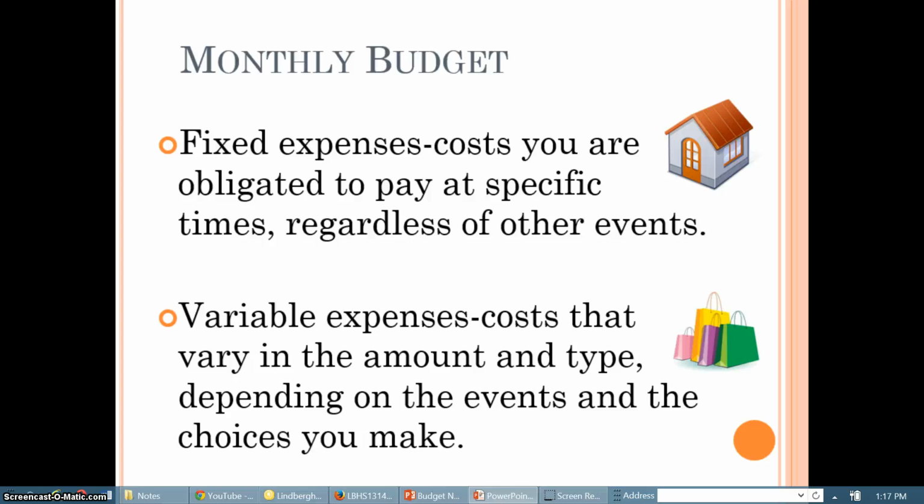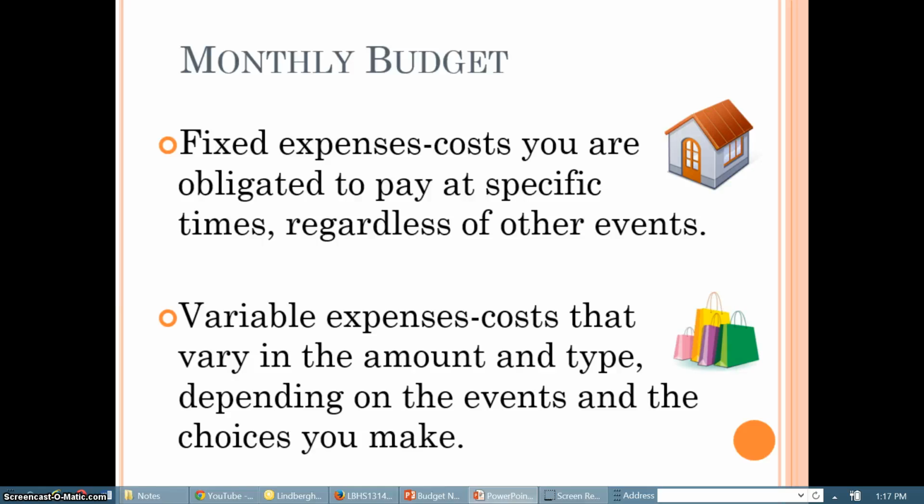So when you did your value spending chart, those are those things that are important to you, so you probably will put a significant amount of your discretionary income towards those variable expenses. Examples of that would be gas, if you have to pay for your car. Another variable expense would be your food. Do you spend the exact same amount of money on food every single month? That may vary based on the types of events that are going on. If you're in school versus out of school, you probably spend a little bit more money at home during the summer than you would during the school year.